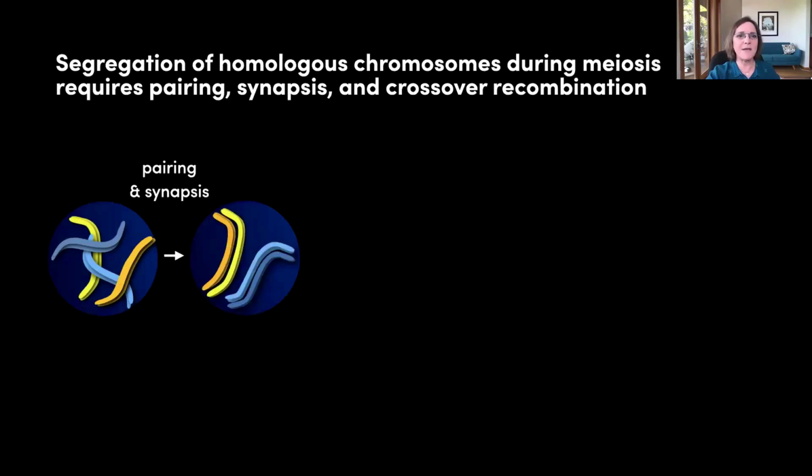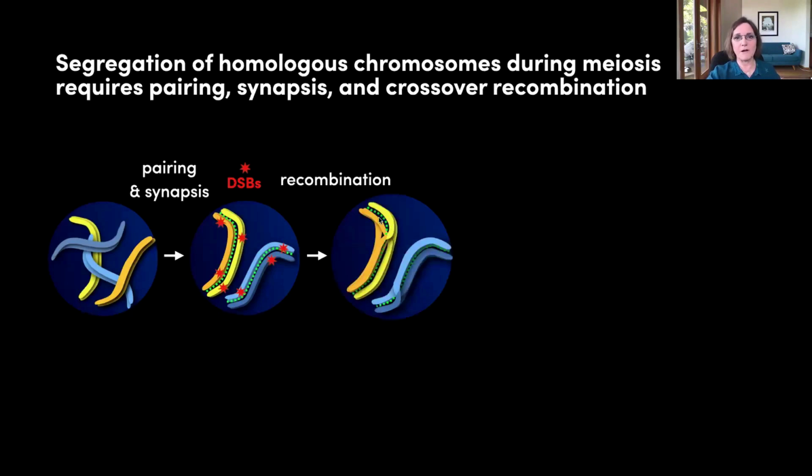They have to somehow find each other in the nucleus. And as they do that, they undergo double-strand breaks. And they also undergo synapsis, which is what I'll talk about today. They zipper up through the assembly of a unique protein complex called the synaptonemal complex that was discovered in the mid-1950s. And in the context of this paired and synapsed configuration, the chromosomes can then undergo recombination.